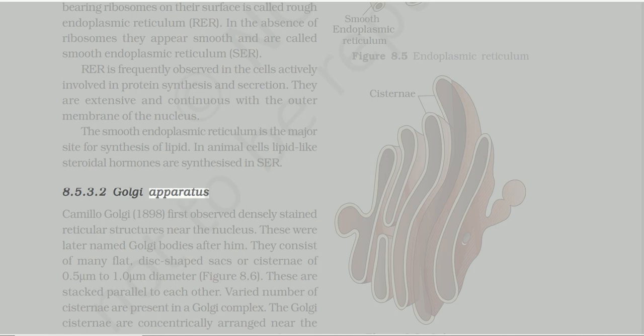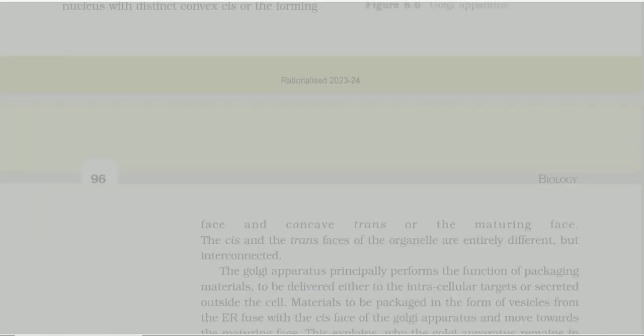Golgi apparatus. Camillo Golgi, in 1898, first observed densely stained reticular structures near the nucleus. These were later named Golgi bodies after him. They consist of many flat, disc-shaped sacs or cisternae of 0.5 μm to 1.0 μm diameter, figure 8.6. These are stacked parallel to each other. Varied number of cisternae are present in a Golgi complex. The Golgi cisternae are concentrically arranged near the nucleus with distinct convex cis or the forming